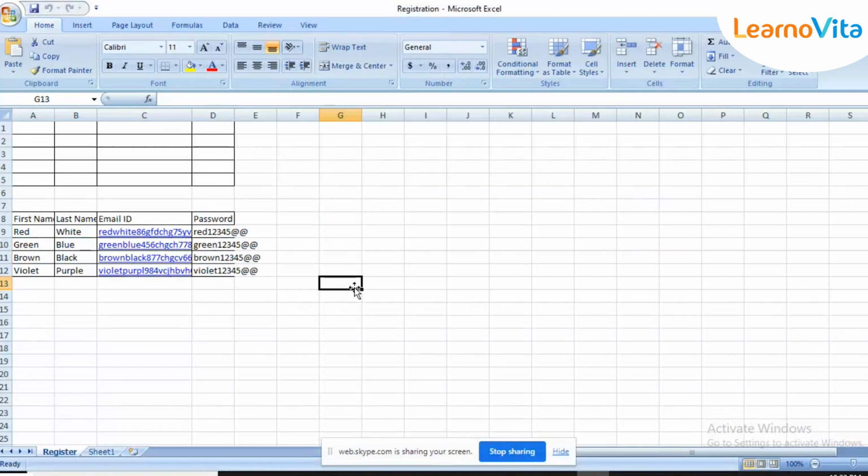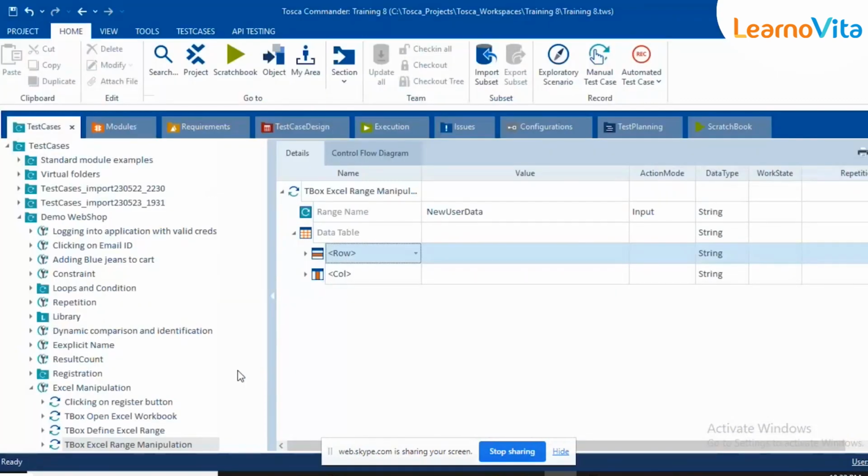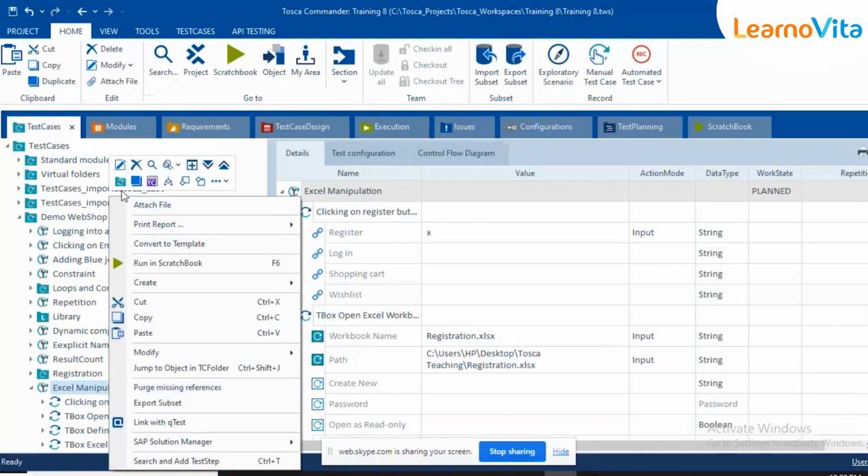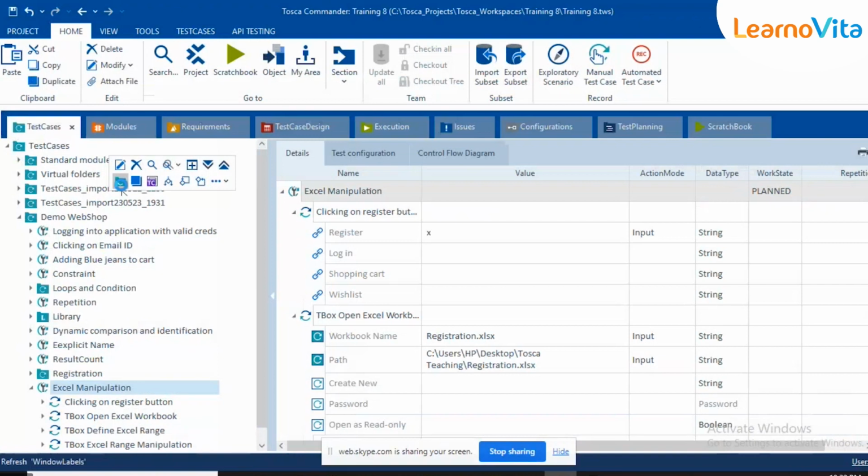We are repeating the step of registering, so we are going to use the repetition. Otherwise we have to use four different rows, we have to get that, and it would be complex. So I'm going to use the repetition as the same step is repeating four times. For that, I'm creating one folder,